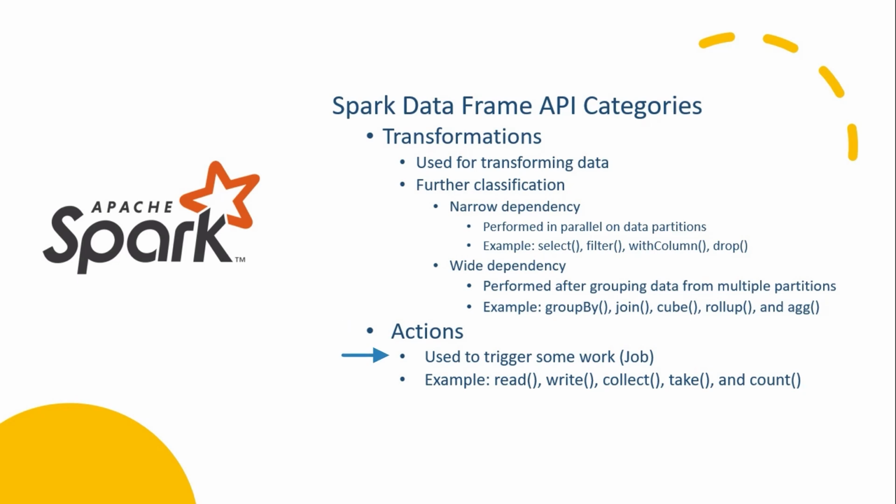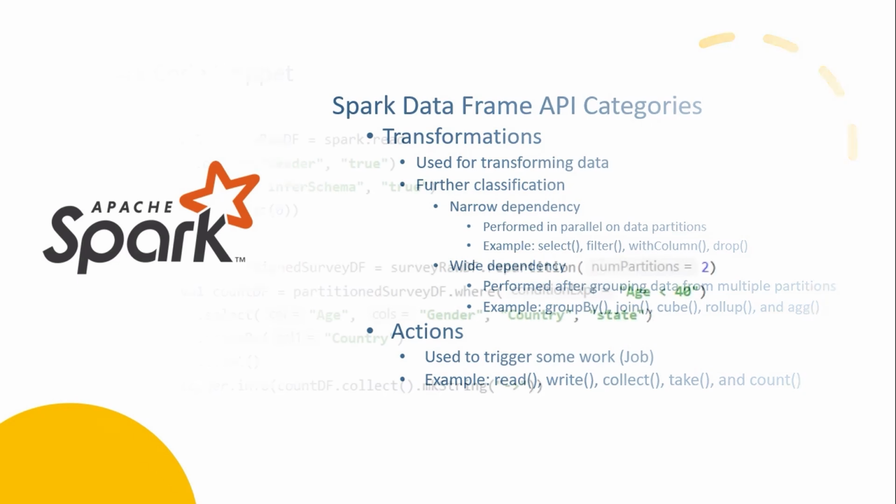As the name suggests, an action triggers some work, such as writing a data frame to disk, computing the transformations, and collecting the results. Some commonly used actions are read, write, collect, and take, etc. All Spark actions trigger one or more Spark jobs. And that's a super critical concept. Great. So now that we learned about the transformations and actions, let's take an example code and see how Spark